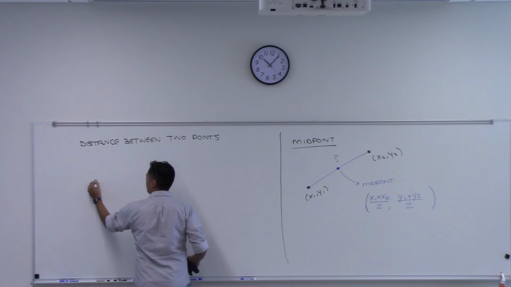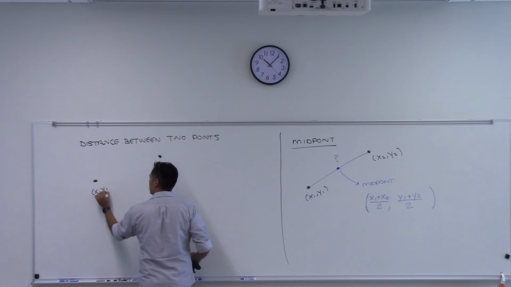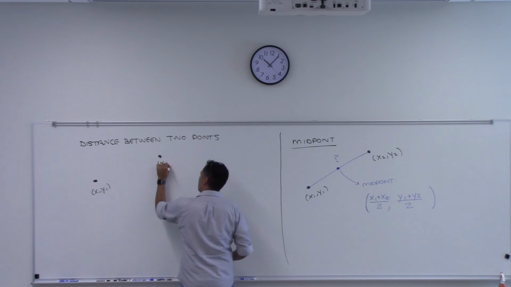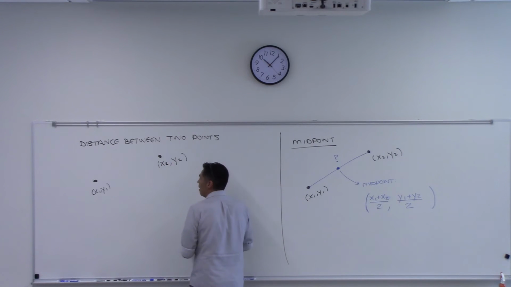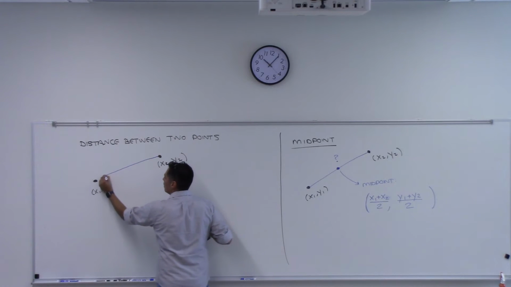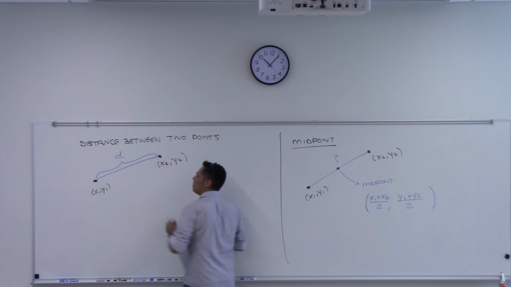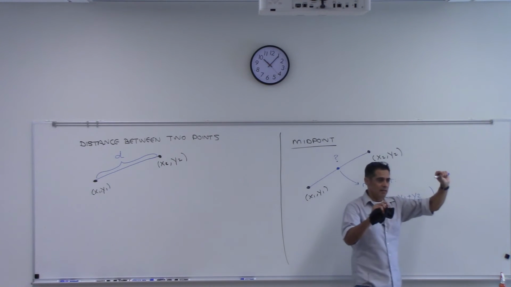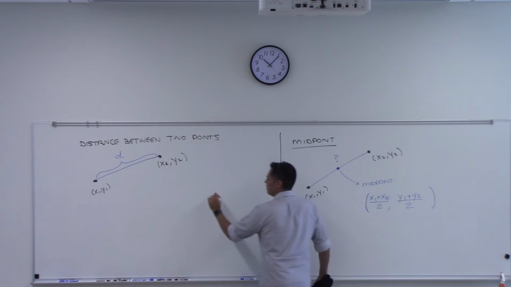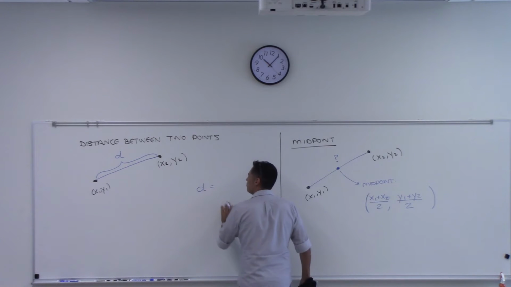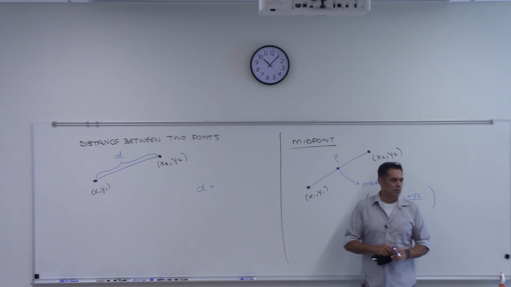So let's say we start with this point. Here's another point, x1, y1, x2, y2. And we want to calculate the numerical distance. Let's call it lowercase d. If we want to know how long that line segment is, if we want to measure the length of that line segment, the formula is d equals... we could memorize it, couldn't we? But we could also maybe construct it if we just think about it.